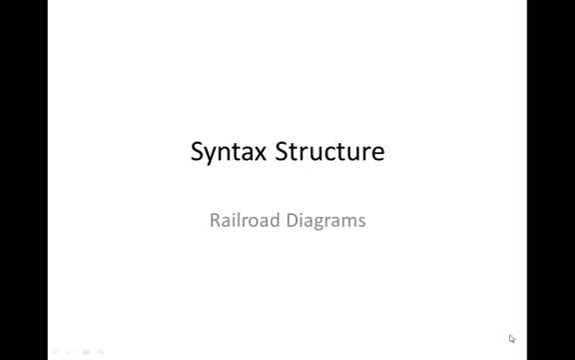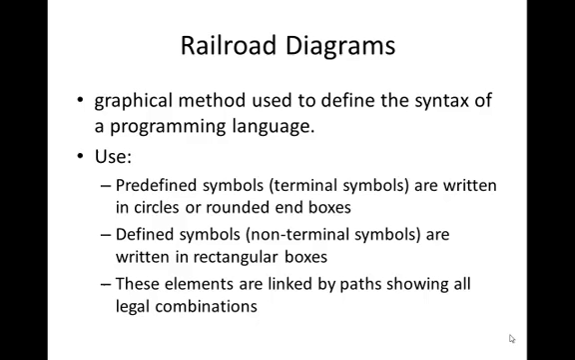In this video we're looking at syntax structure and in particular railroad diagrams. Railroad diagrams are a graphical method used to define the syntax of a programming language, and they use three different symbols. The first symbol they use are circles or rounded ended boxes, and those rounded ended boxes are basically predefined